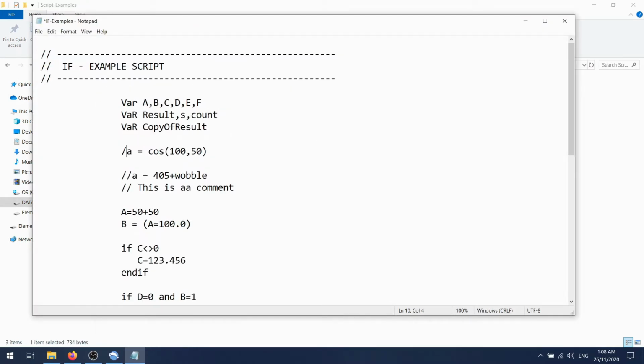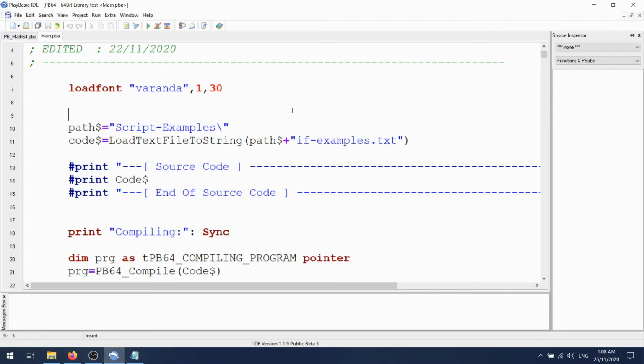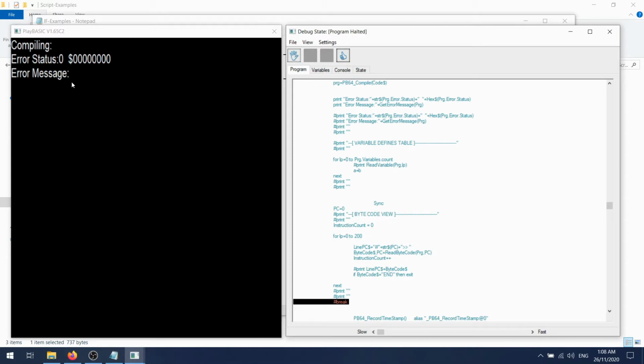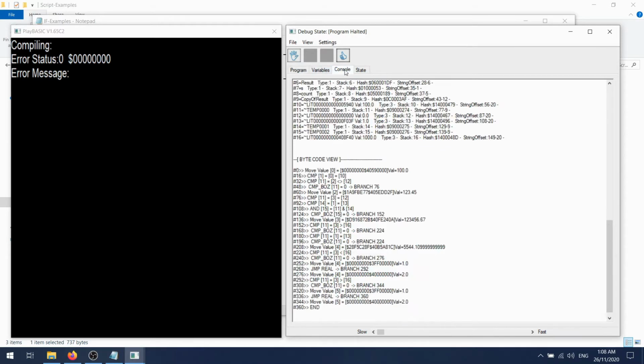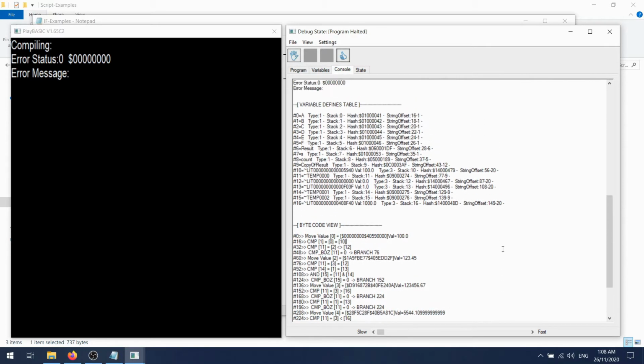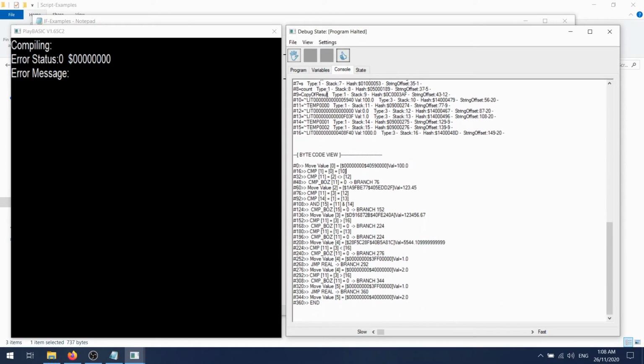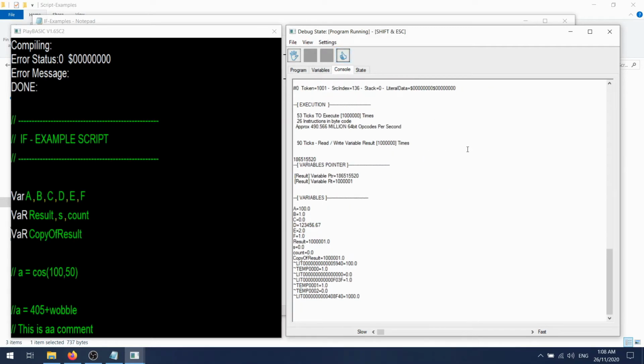So we've got a new thing, we've got a comment. We only have one type of comment, that's just the double divide, double slash, whatever you want to call it. Just hit save. I haven't actually set this up to let you modify the script and recompile, just too lazy, I guess. So we've got no error status here. Our console is looking pretty good. It's all compiled and okay. We're halted behind a break.